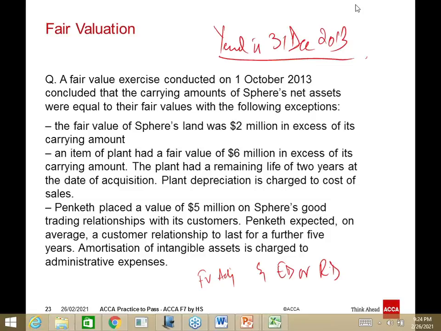If the question says that a reversal of depreciation will occur only when there is a gain on the transfers or when there is a downward revaluation, then you will find a reversal of depreciation. So please read this question and reply with your answers.